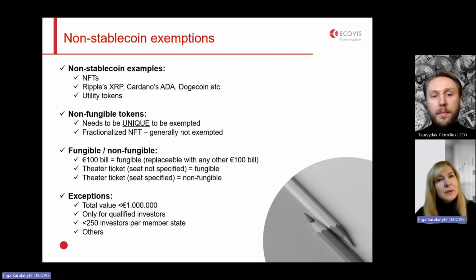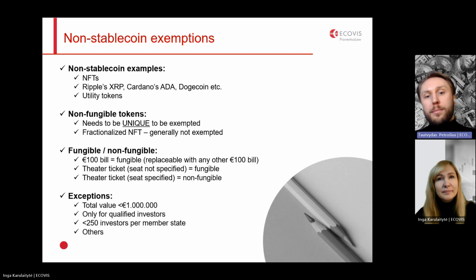All right. I think we need to be a little bit more specific about the exemptions applicable to non-stable coins. Sure. So firstly, just to be more specific and clear to our audience, I'll recap. The class of non-stable coins includes such crypto assets as NFTs, utility tokens, and other non-descriptive crypto assets like Ripple's XRP, Cardano's ADA, Dogecoin, Bored Ape Yacht Club NFTs, etc. In terms of NFTs, for example,